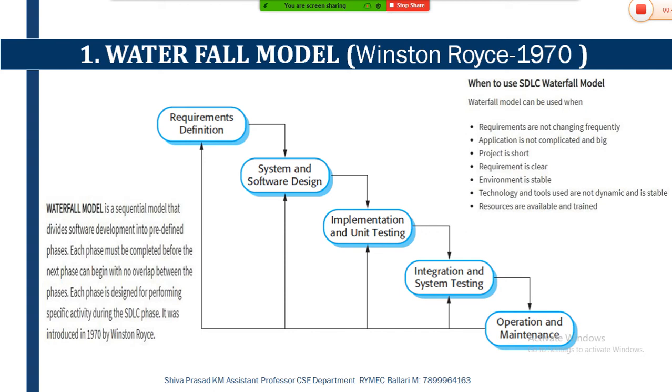If the customer agrees and signs the agreement, then I will take the output of the document which I designed in the first stage to the second stage. Then the second stage becomes active. In the second stage, the outcome document of the first phase is considered as the input of the second phase, and here I am going to design the system as well as the software design. System design and software design.